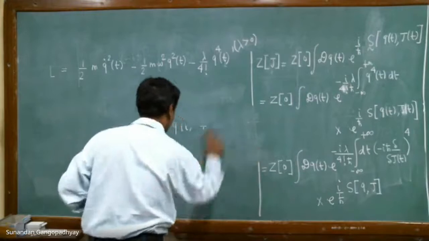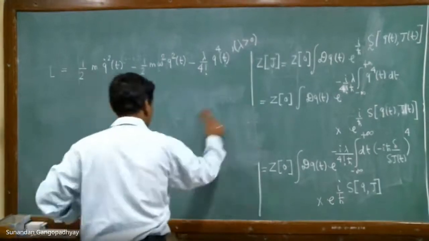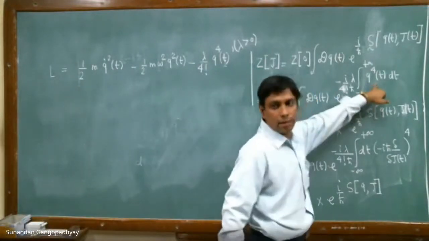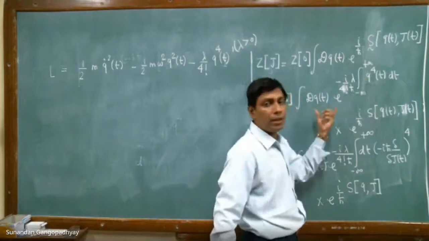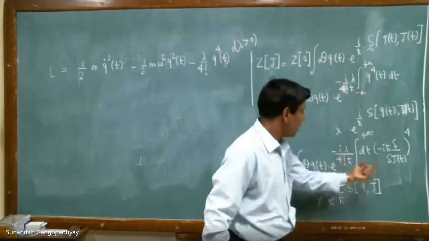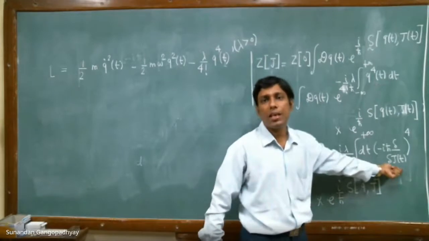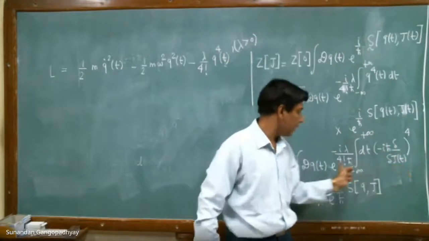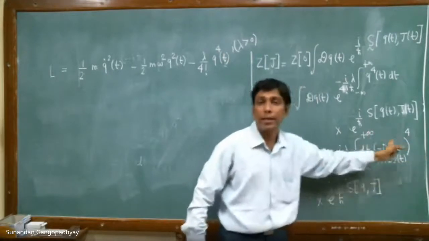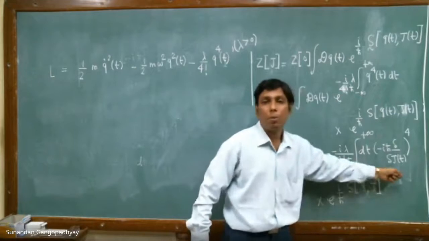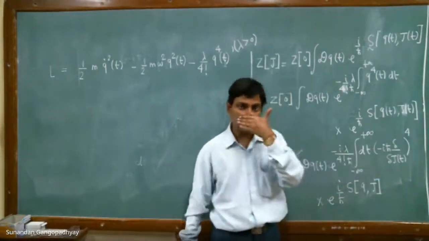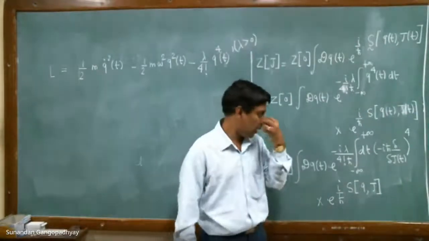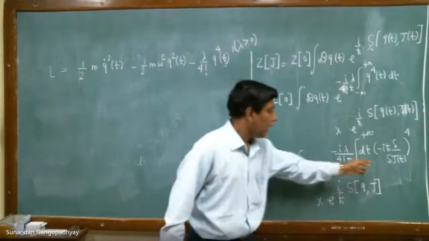Huge simplification has taken place. You can already see that the simplification is the following. See, in this step, q was present here, and there was a functional integral over q. But now this q has been replaced by a functional differentiation over j, right? So this term no longer has any q. So this factor is basically an operator, a functional differential operator, because it acts on something and takes a functional derivative. Okay, so this is a functional differential operator, and this is independent of q.